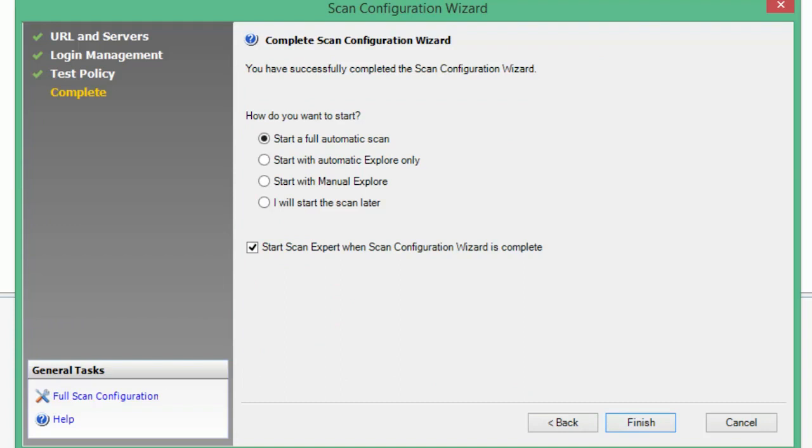How do you want it to start? Start a full automatic scan. Start with, which means it will just go to the main page and start crawling, which means identifying different resources, which are pages, and then it's going to start trying to submit forms, and it's going to eventually just do it automatically. The second option is